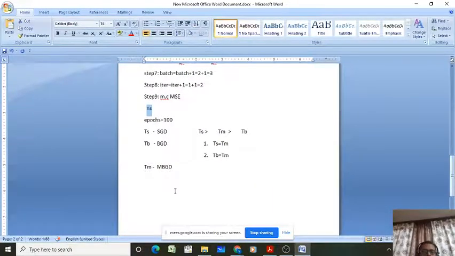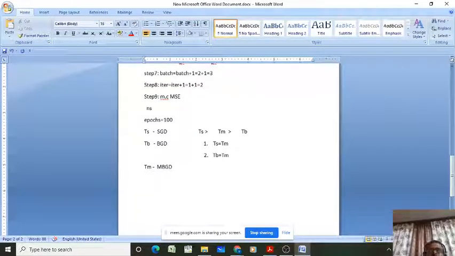Now, the second thing. Among stochastic gradient, mini batch gradient and batch gradient, in which algorithm will very frequent parameter updates happen? SGD, sir. SGD, right?